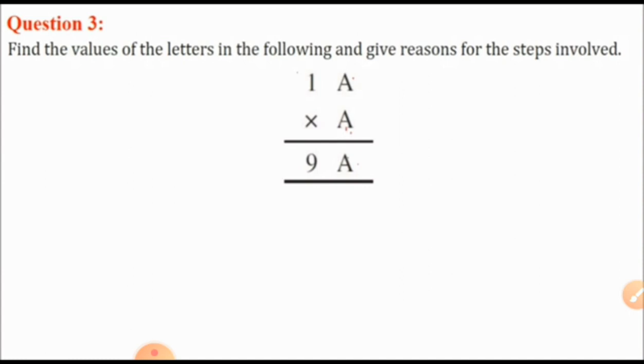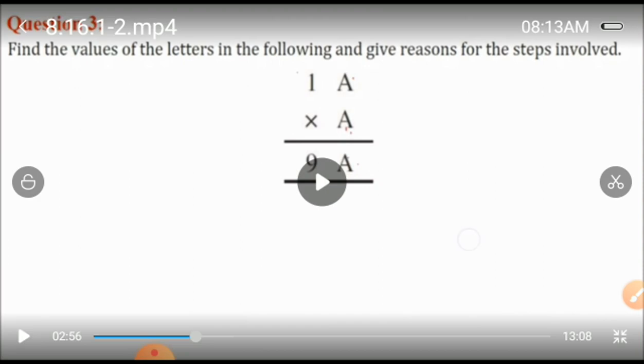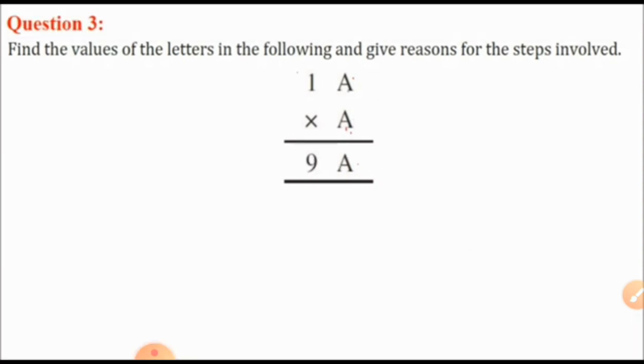Which numbers multiply so that it gives the same answer? In that answer, A multiplied by A, 1 into 1, 1. Then 1 into 1, 1. So that is a 9. That will not come. So what you will put here, the answer remains the same. You got any idea regarding this one, beta? Think what numbers we are putting. 1 times 1, then answer also 1. 1 times 1 is 1. And again 1 times 1 is 1. But here is the 9.